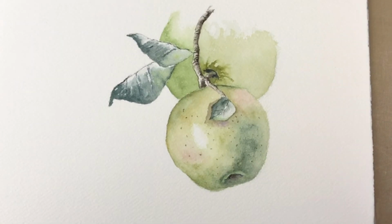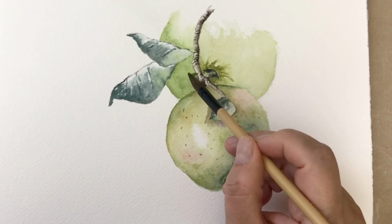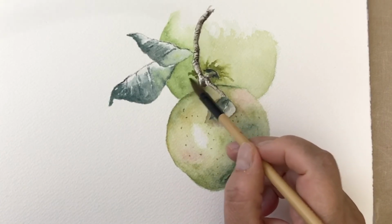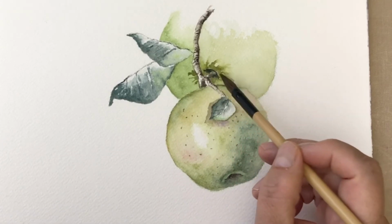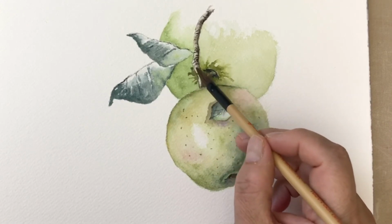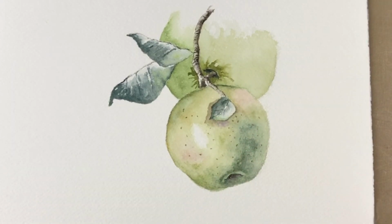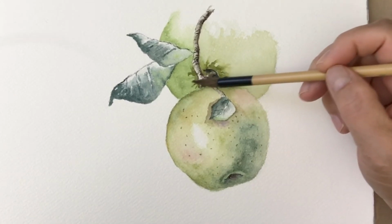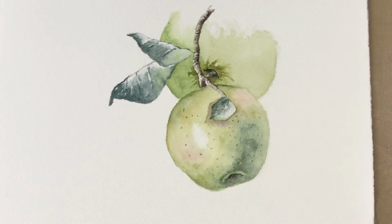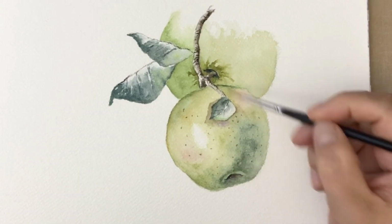And I think I will go to this side and let a little bit of that happen over here. But not too much, and taking care not to disturb the stem of the apple, and just a little suggestion of that. I think that will be good. That will actually look good. Okay, let's quickly get some of my blue-gray back and intensify this dark area because that looks very